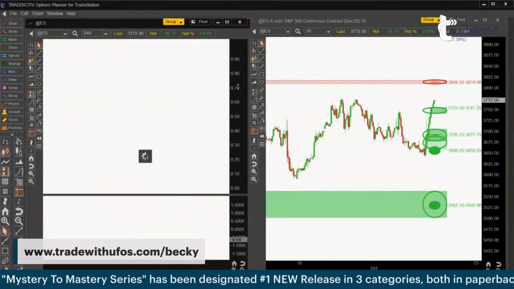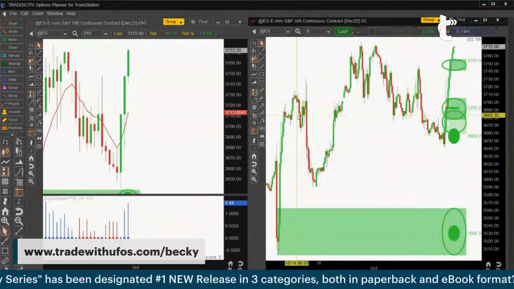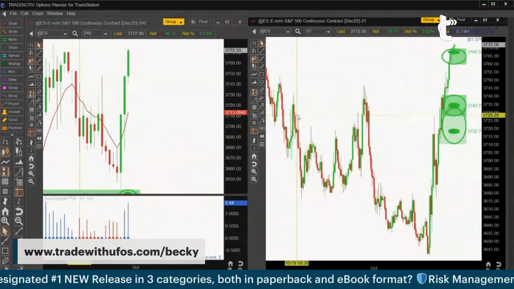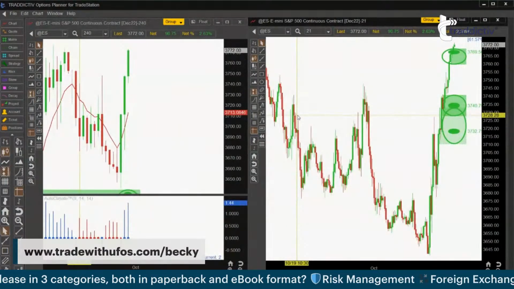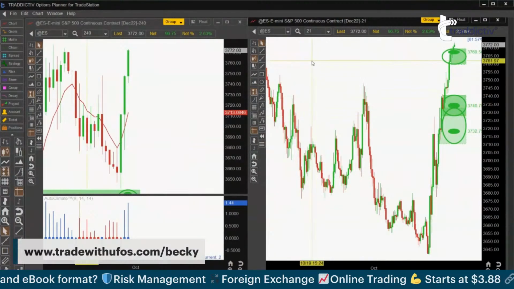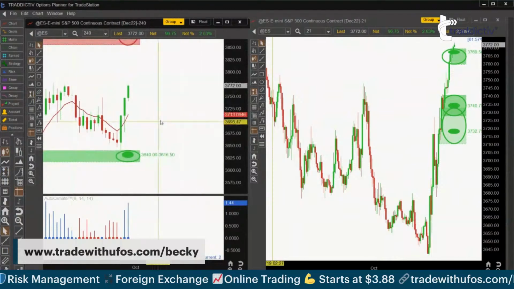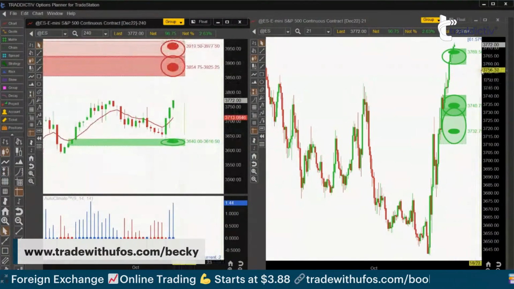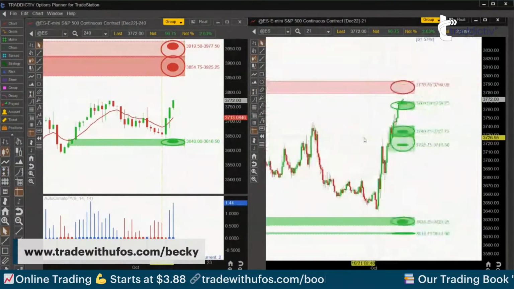Okay, so we've got a 240 on the left, and so potentially we're looking at a 21 on the right. So again, we've looked at different time frames, we've looked at different markets, same thing, right? We're doing the same thing. We're just going back in time to a certain area. So let's say ES, you want to day trade it.